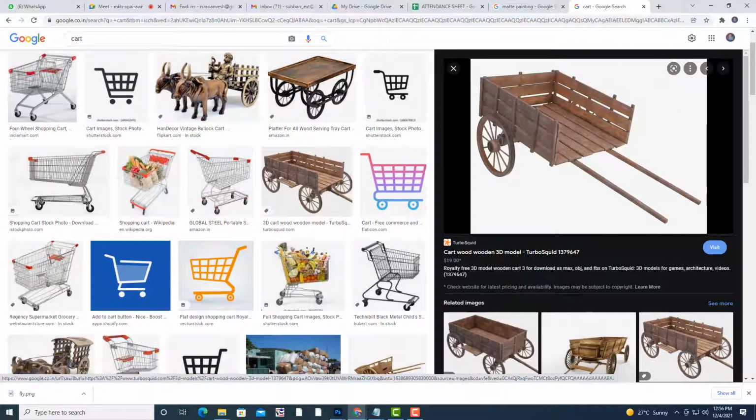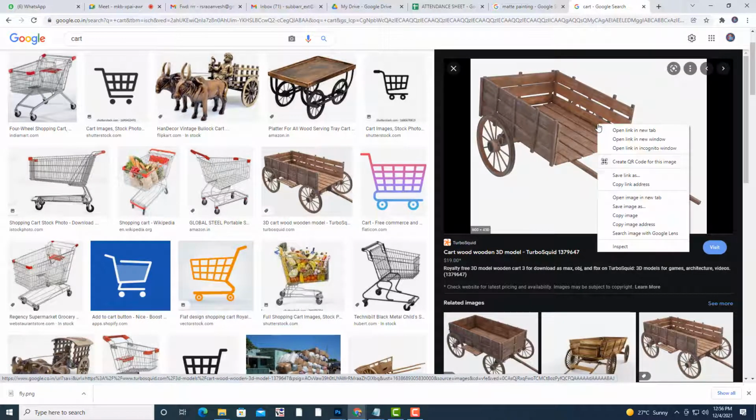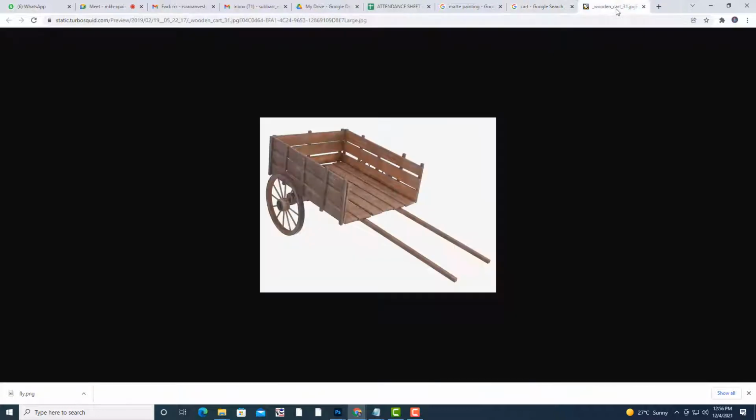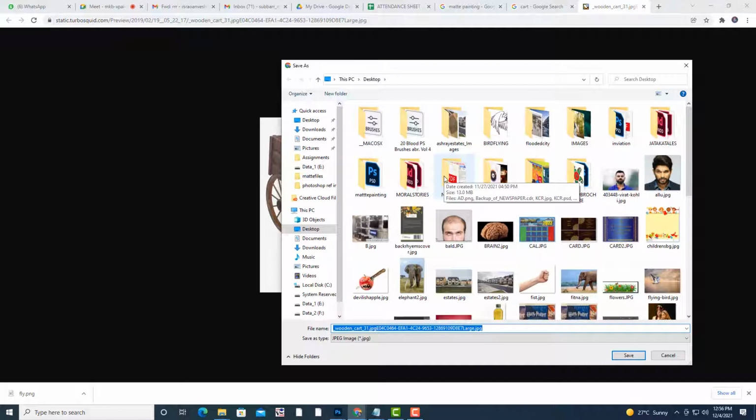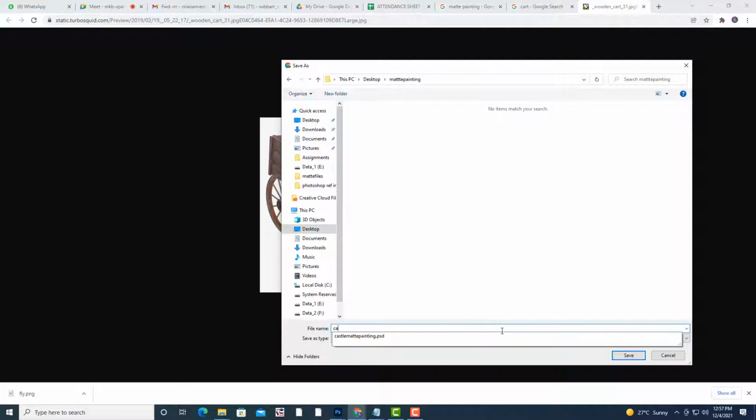Okay, we'll use this. Okay, we'll do this. So cart. Okay, we'll put it. See, always keep it inside your folder. So matte painting cart.